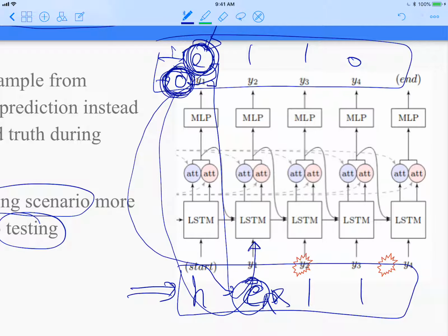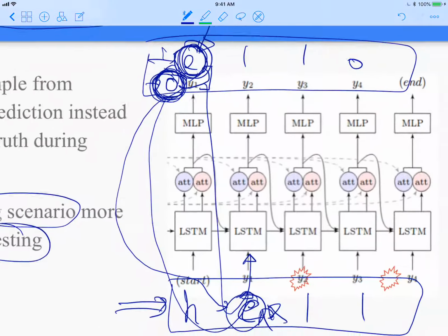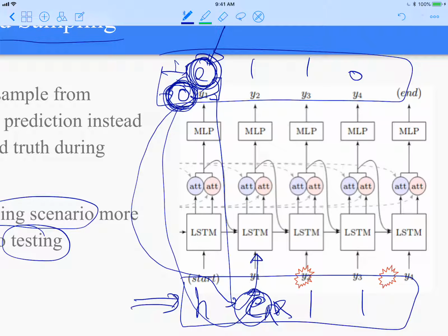So when using the same or similar strategy, we'll make the training scenario more similar to the testing scenario, and thus I think it seems to be more advantageous, but at the same time it may suffer from slow convergence, especially in the early stage, because